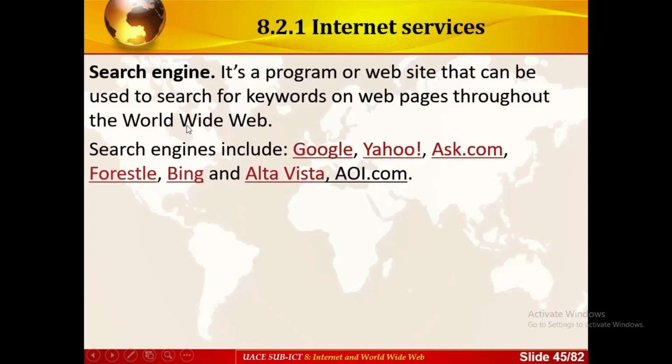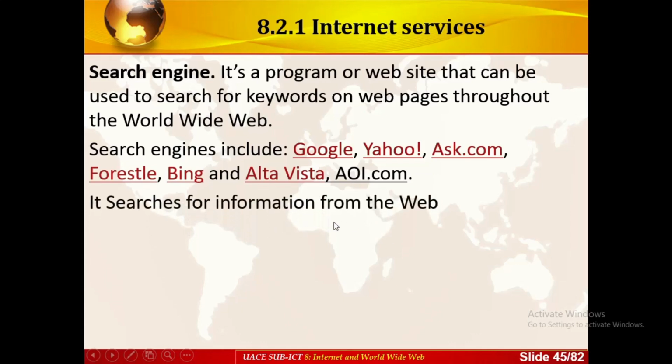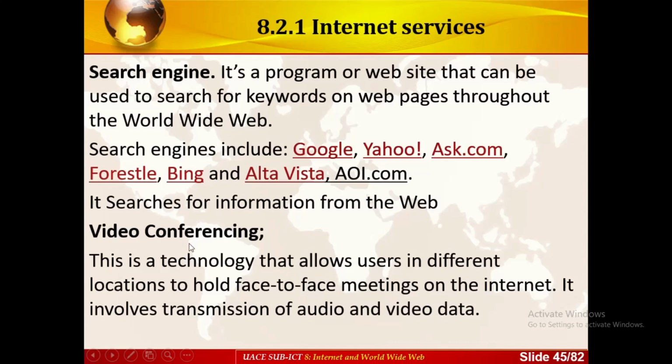Because once you have search engines like Google, Yahoo, Ask.com, Bing, and others, all these help you to search for information from the web. Then you can talk of video conferencing, which is a technology that allows people at different locations to hold face-to-face meetings on the internet. It works on transmission of audio and video data, which means you can always share your information online, either video or audio,